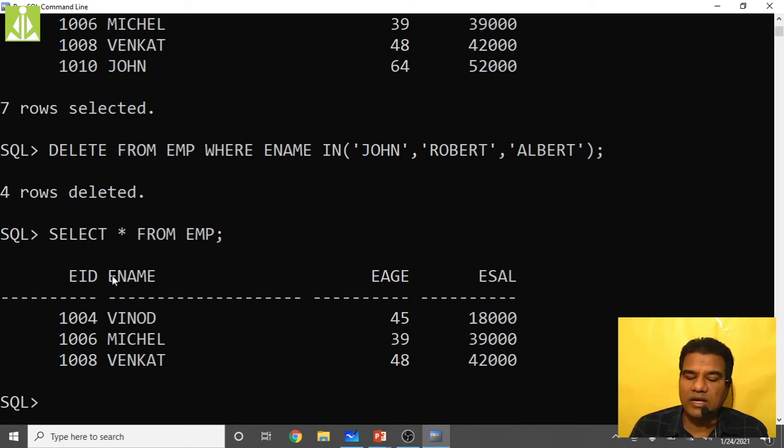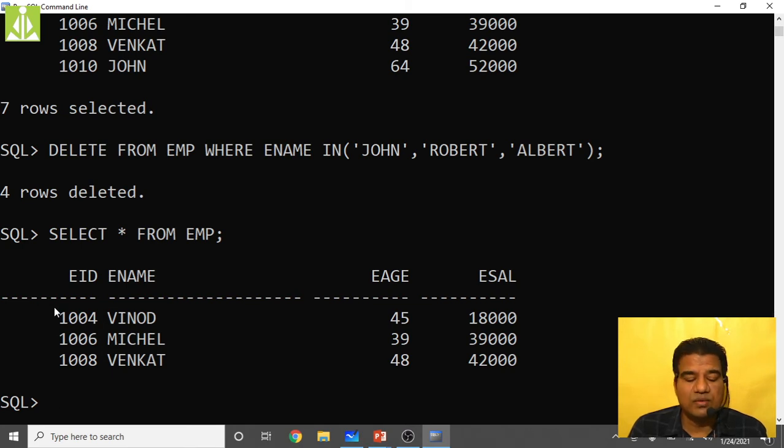So like that, you can take any field value as a reference, or as a condition inside your where clause, to delete a particular record from the table. Hopefully we understood how to delete a single record and how to delete multiple records using the where clause. Based on your requirements you can use different operators, like AND operator, IN operator, BETWEEN operator. All these operators you can use inside the where clause whenever there is a requirement.